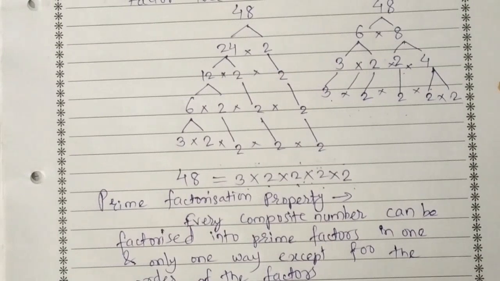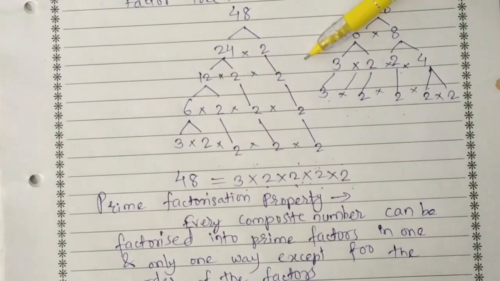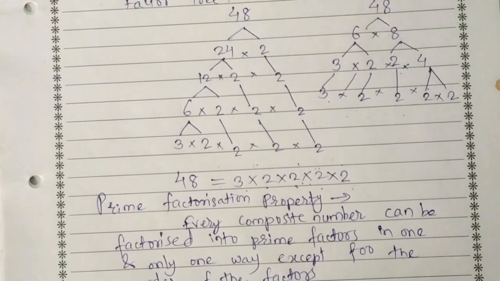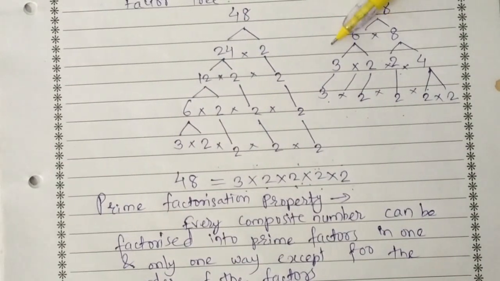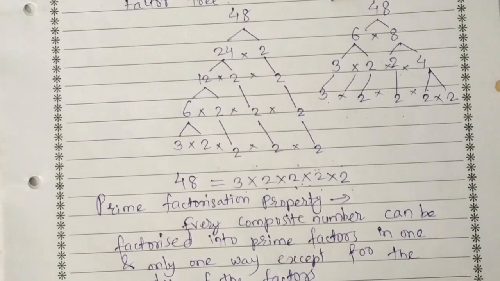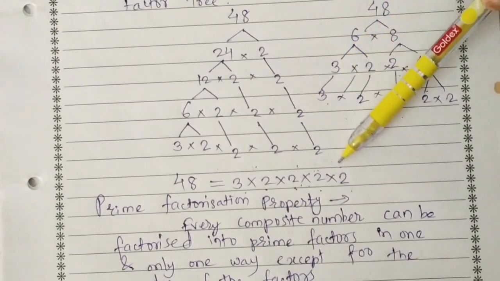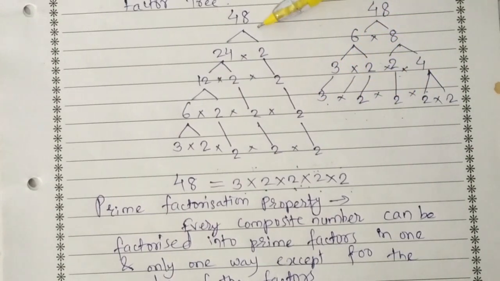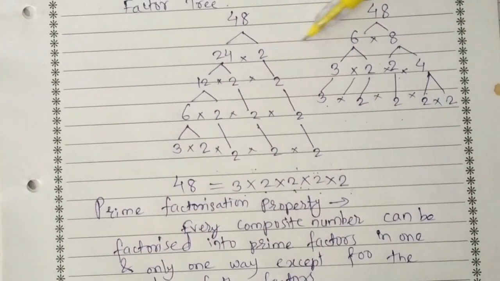Students, we can draw this factor tree for a smaller number, but what about when there is a large number? So this factor tree method is not suitable for large numbers. It is more convenient to find the prime factors by using the division method. If the numbers are small, we can draw the prime factor tree like this. But if it's a larger number, better to go with another method. What is that other method? That is finding prime factors by the division method.